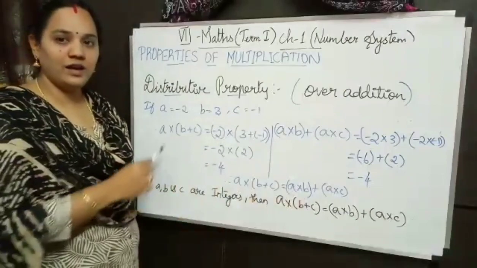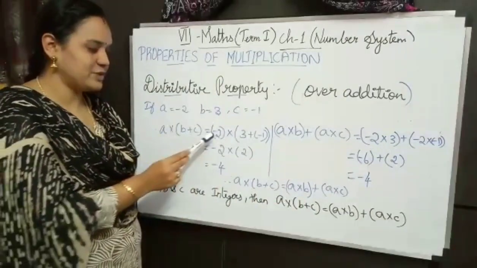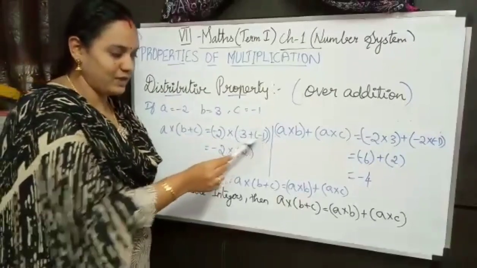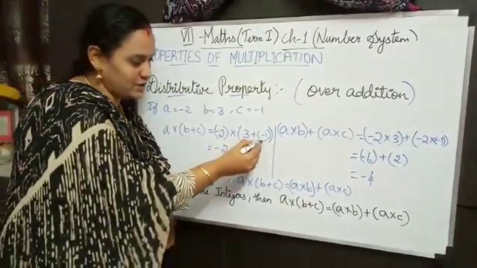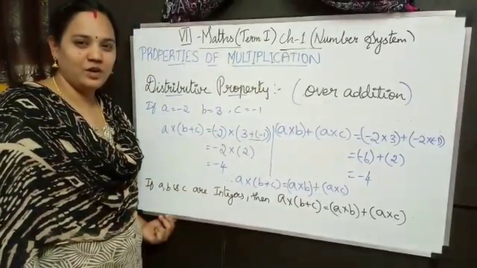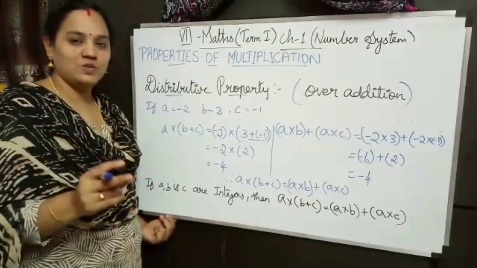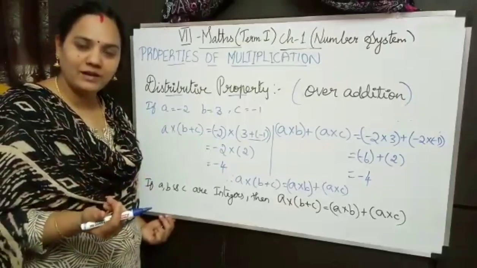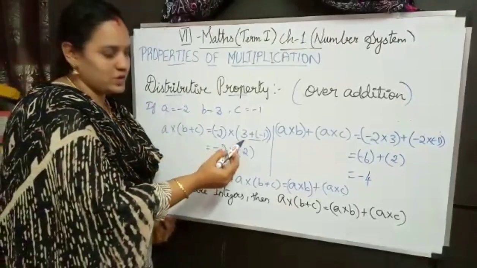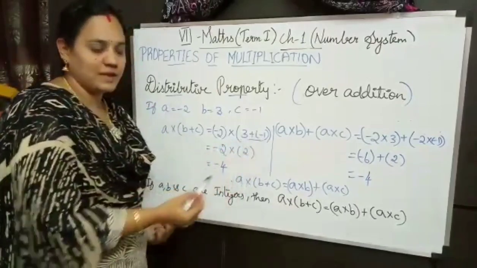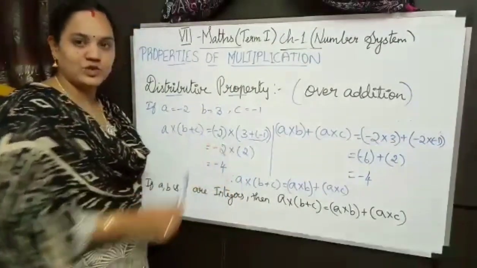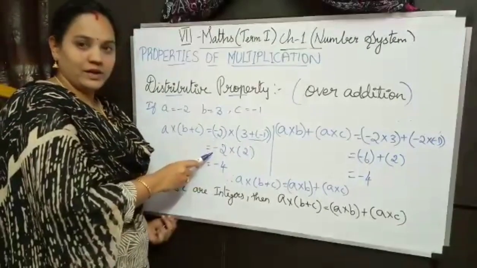Okay, let us find out the value for this expression. So A value is minus 2, B value is 3 and C value is minus 1. So inside the bracket we have to solve first. So 3 and minus 1 we have to add. Already we know the rule for addition. Same sign means we have to add, different sign means we have to subtract, and finally we have to write the greatest number sign. Is it clear? So same thing we are going to use here. Here it's different sign, so we have to subtract. Subtracting I got 2. Greatest number sign here is plus, so plus 2. So minus 2 will come as it is.